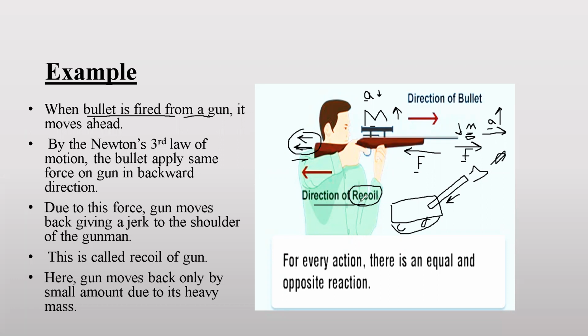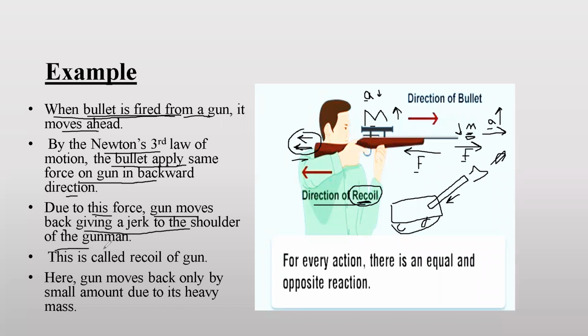And this motion of a gun in backward direction is known as recoil of gun. Understood? So let us see how we can explain this in words. We have to write like this: when a bullet is fired from a gun, it moves ahead, right? So by Newton's third law of motion, the bullet also applies the same force on the gun in the backward direction, that is, in the opposite direction. And due to this force, the gun moves back, giving a jerk to the shoulder of